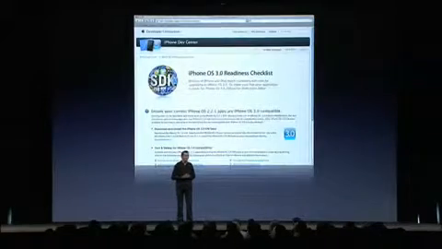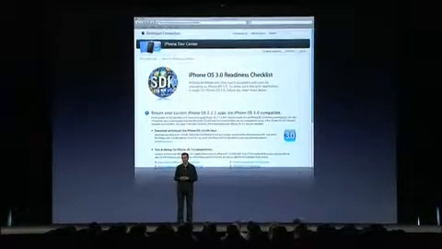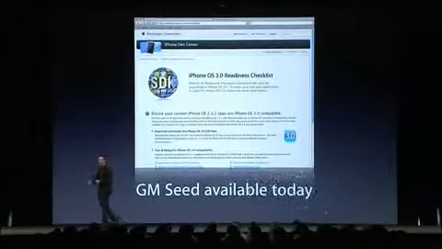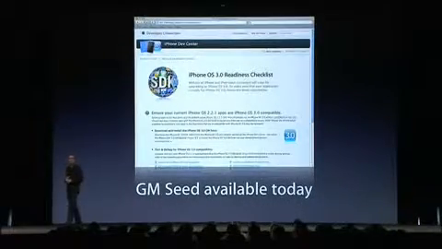And for all of our paid developers in the iPhone Developer Program, we are giving you the GM seed of iPhone OS 3.0 today. You can go and download it today. There are two calls to action for you.